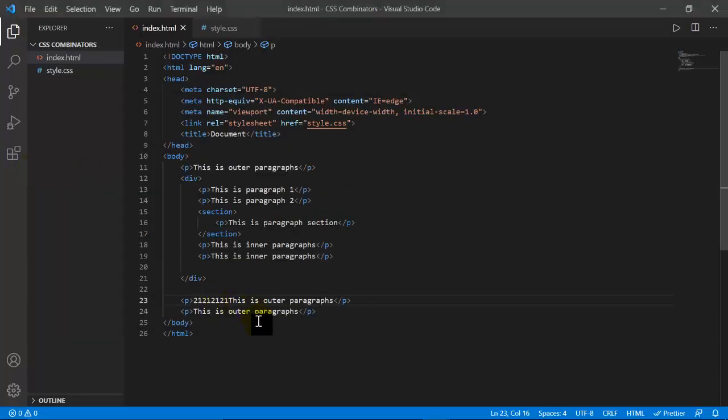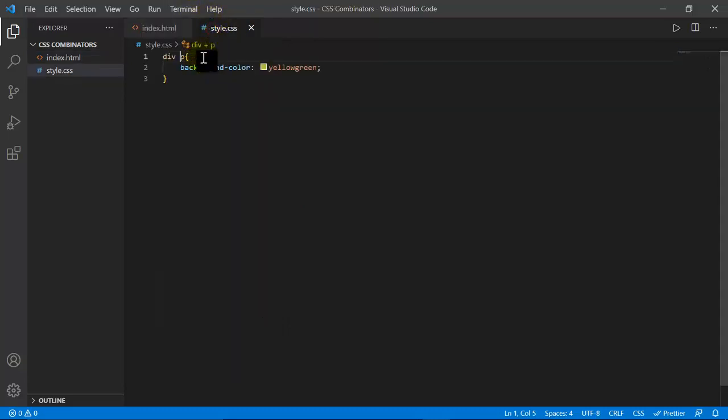So this is the third combinator, and mostly we use this combinator and the adjacent combinator. This combinator is a child combinator, this is the adjacent sibling combinator. So we don't use the plus sign so much. We just use this selector, or you can say this combinator, and the space combinator. So let me just refresh it, and the next and the last combinator of CSS